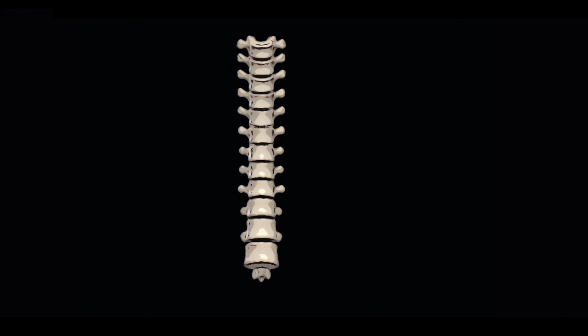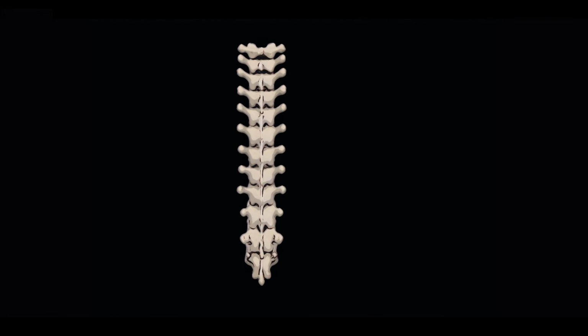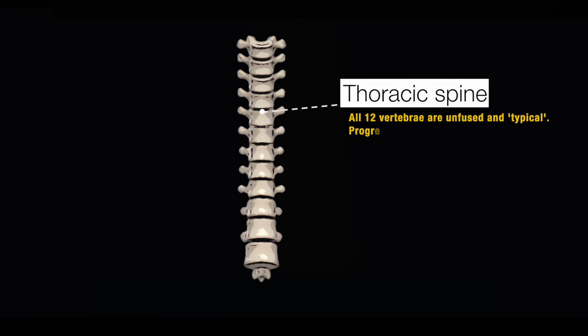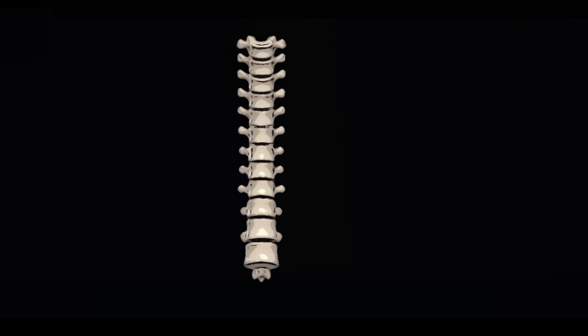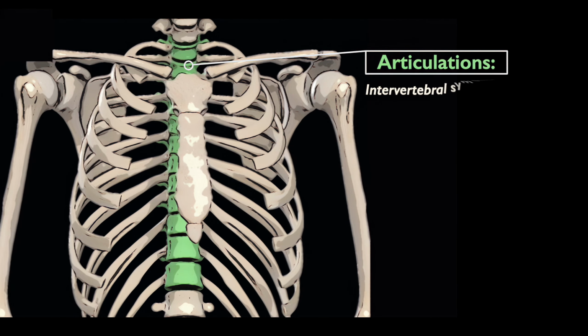When it comes to its overall structure, the vertebrae of the thoracic spine lie along the posterior aspect of the thorax between the cervical and lumbar vertebrae. There are 12 thoracic vertebrae, each of which becomes progressively larger from superior to inferior to support the progressive increase in body weight that is placed on each successive vertebra. The thoracic vertebrae are unfused and articulate with adjacent vertebrae via intervertebral discs, forming intervertebral symphysis joints, and articular facets,